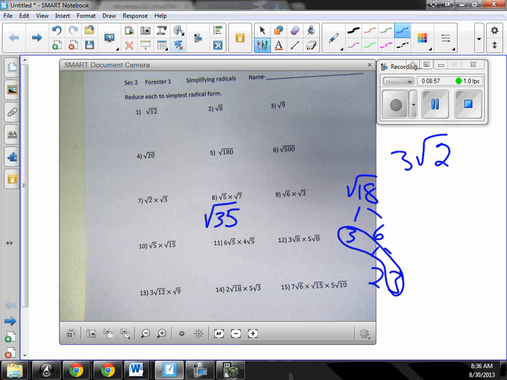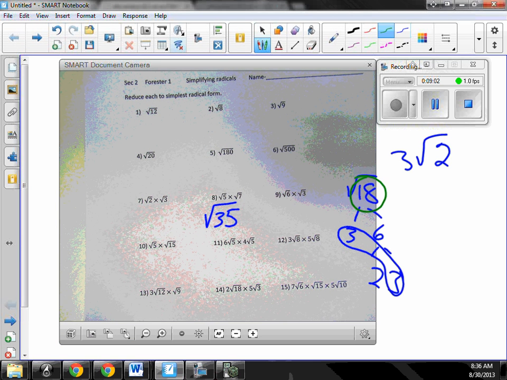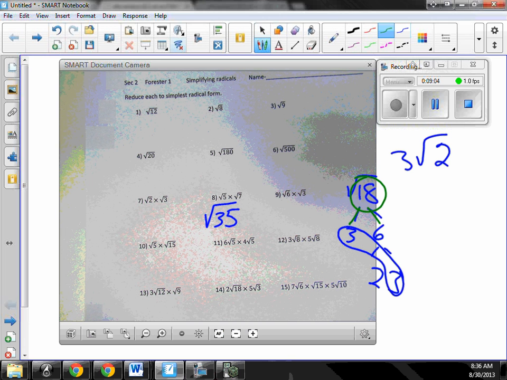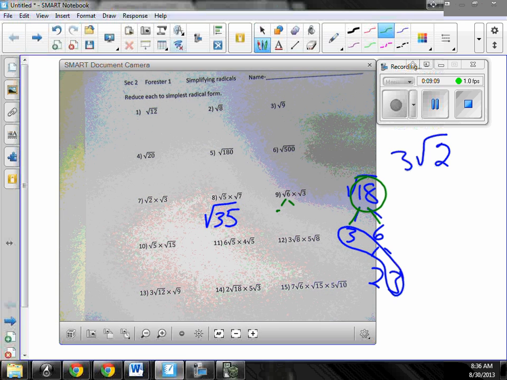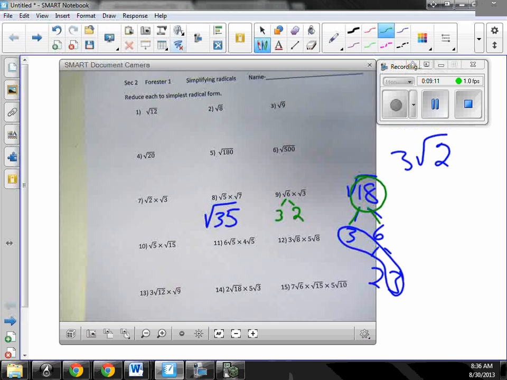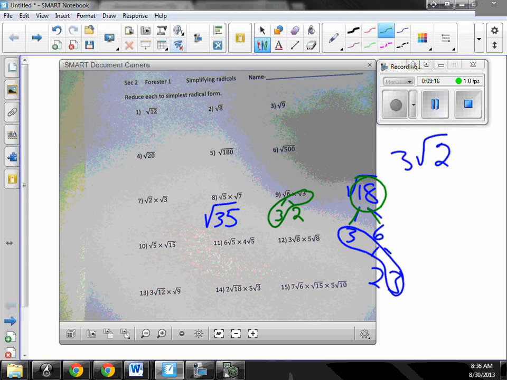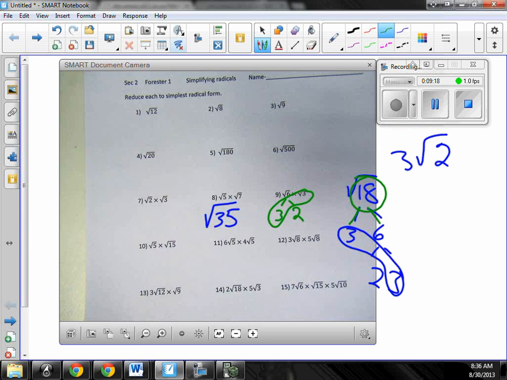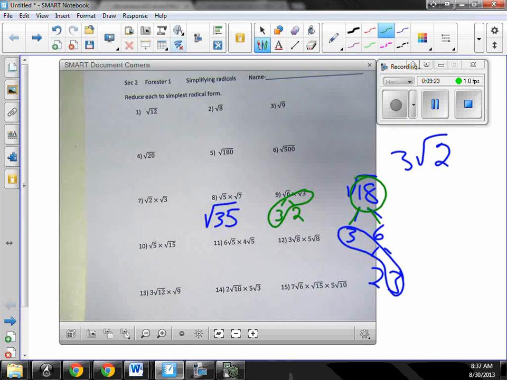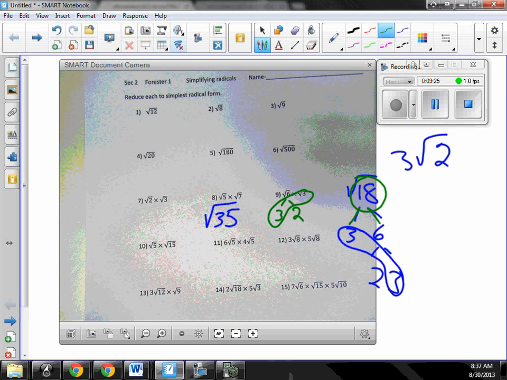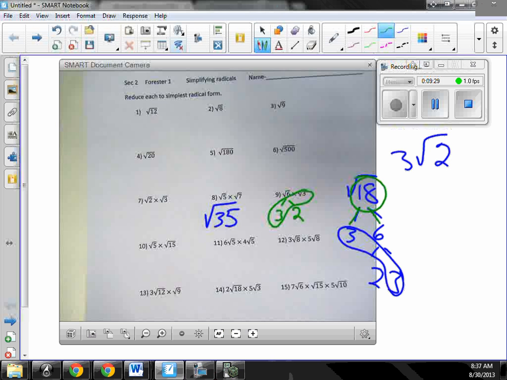But it's sort of a waste of energy to create the 18 and then to break it down, right? So you could just factor this and see, oh, I'm going to put these together anyway, so there's my set of 3's, and save yourself a step. Because I know they're all going to combine together, and then I'm going to break it down and try to factor it. So you might as well break them down before you put them together and save yourself a little bit of a headache. So number 10,